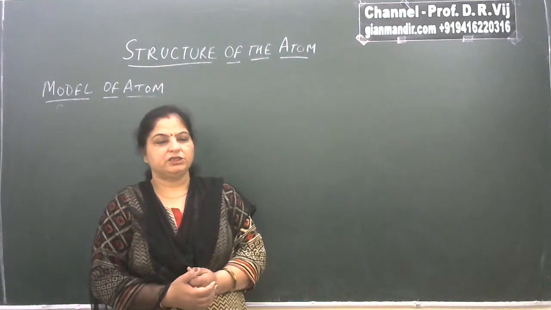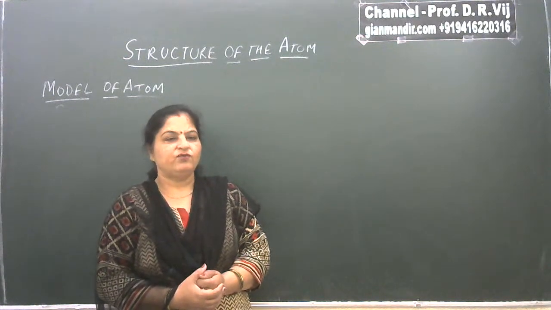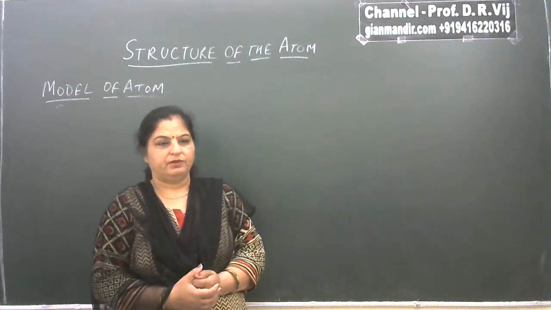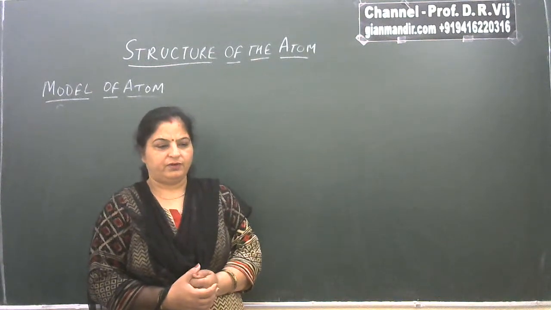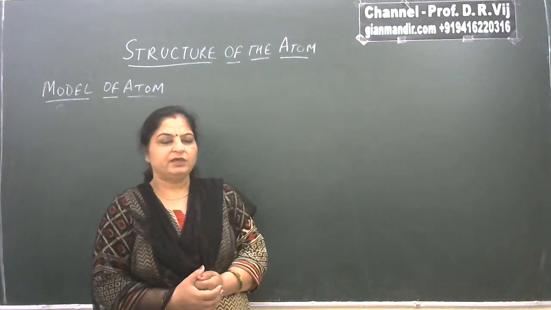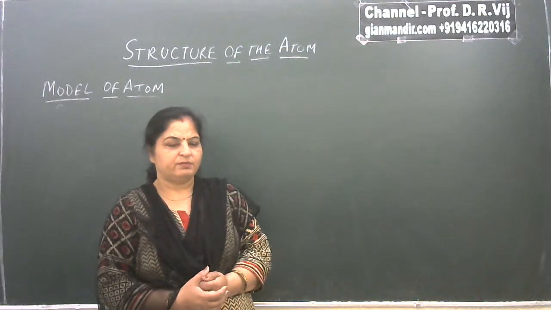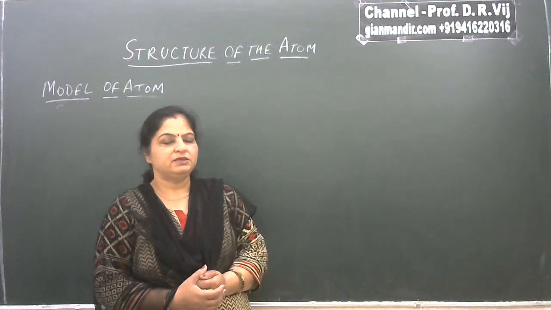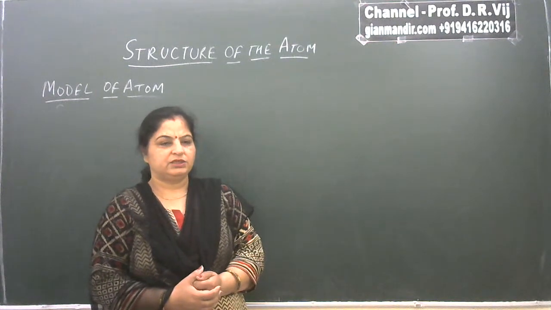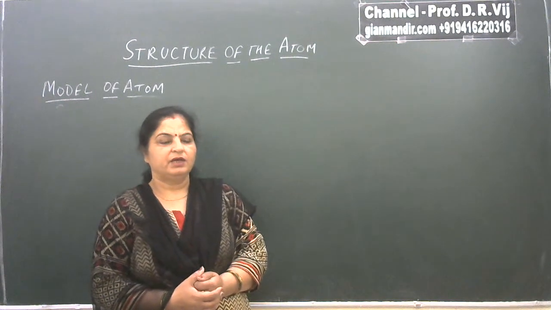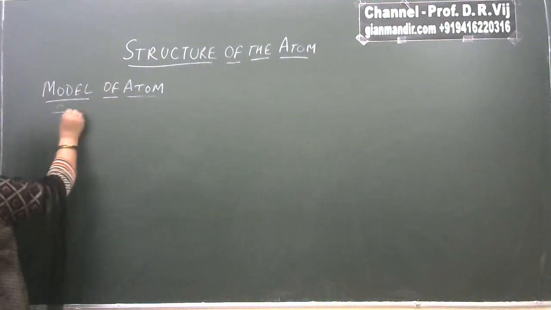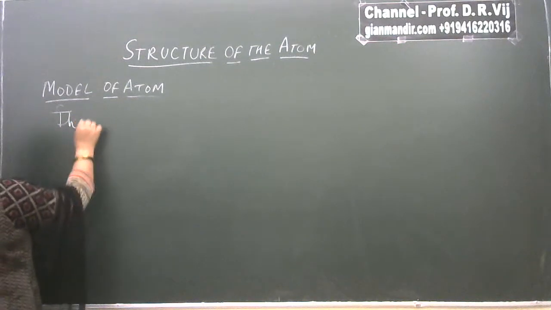Now another question before the scientists was to find out the arrangement of these particles inside the atom. Right? From time to time they have done a number of experiments and proposed a number of theories to explain the arrangement of these particles inside the atom, and these theories are known as models of atoms. So today in this lecture we will be discussing one of the atomic models, and this atomic model was given by J.J. Thomson, which is also known as